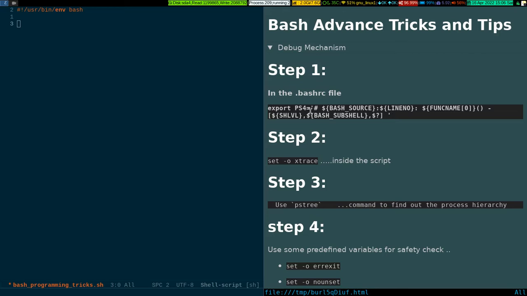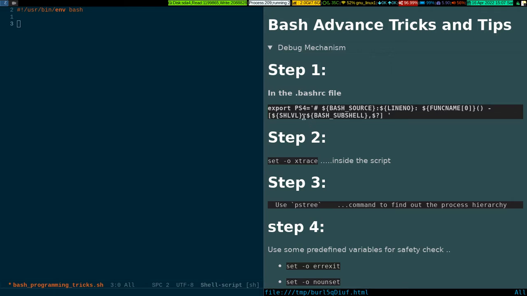Likewise PS2, PS3, and this is PS4 because it provides the debugging prompt. Okay, and this is calling bash. So these are predefined internal variables in bash: FUNCNAME, LINENO, BASH_SOURCE,